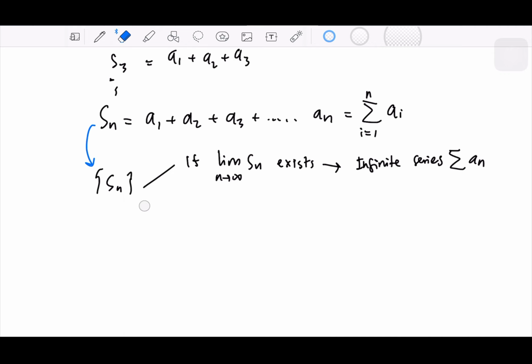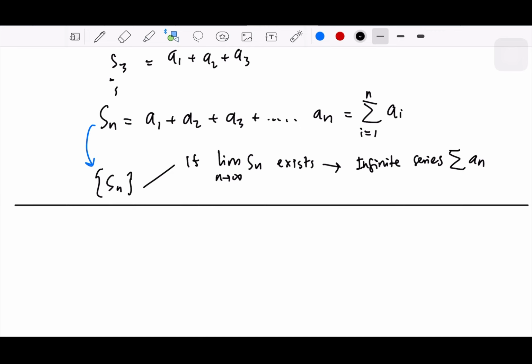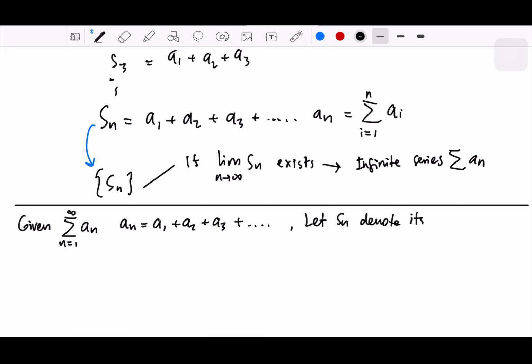So let me take this into conclusions. So given the series, let Sn denote its n partial sum,